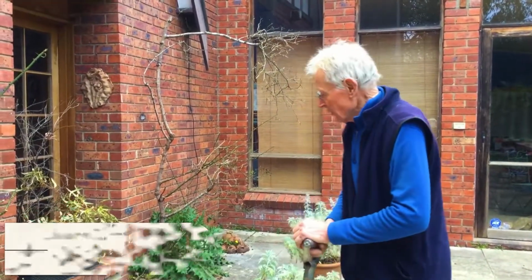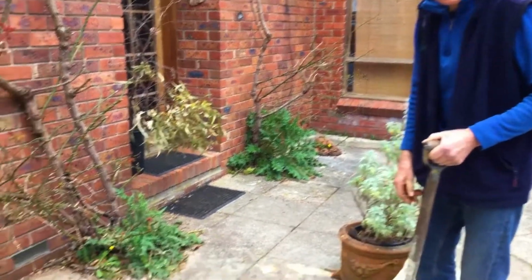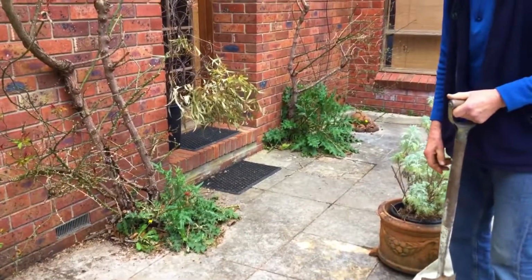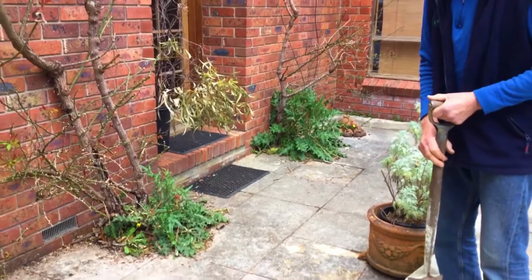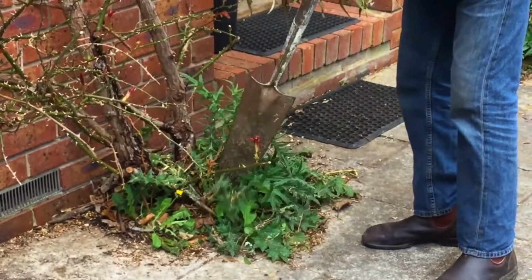Chat to you about weeds. Now here at the garden, you can see here at the bottom of the rows, we have thistles. Now when people see thistles, they go into absolute panic. Well, we deliberately let these grow because I want to harvest them, and I'm going to put them in my